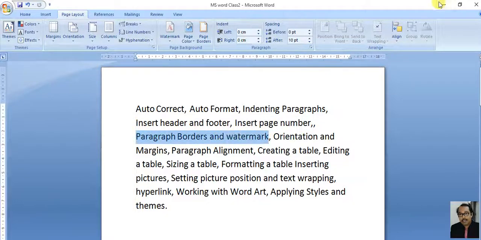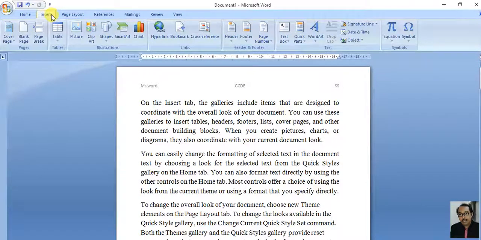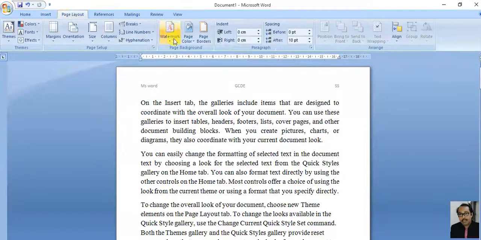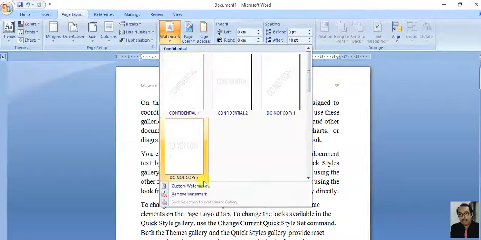Paragraph borders and watermark. Correct. Now this is my notes and I want that there should be a copyright about this note. So there is a concept of watermark. Go there and ask for watermark. I want to give a custom watermark.